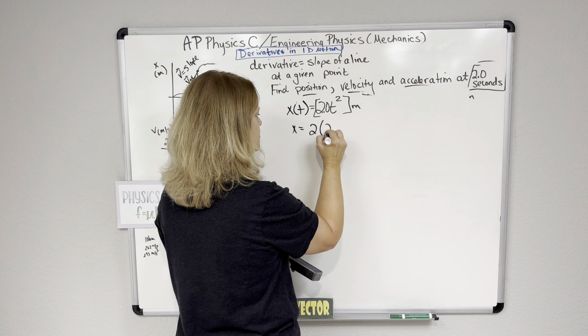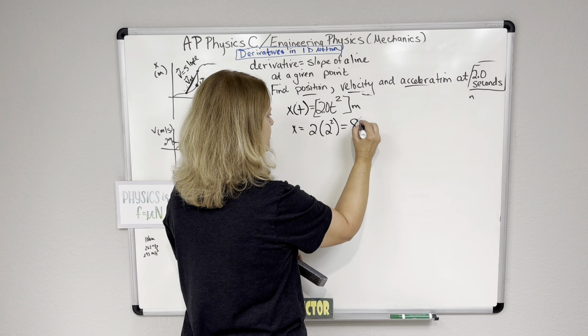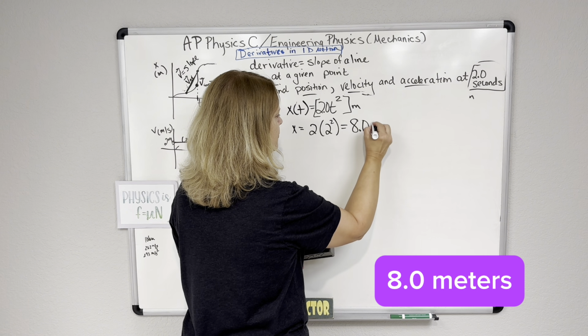So that's going to be 2 times 2 squared. That's 4 times 2. That's 8 meters. And that's really going to be 8.1. And I really should have done,